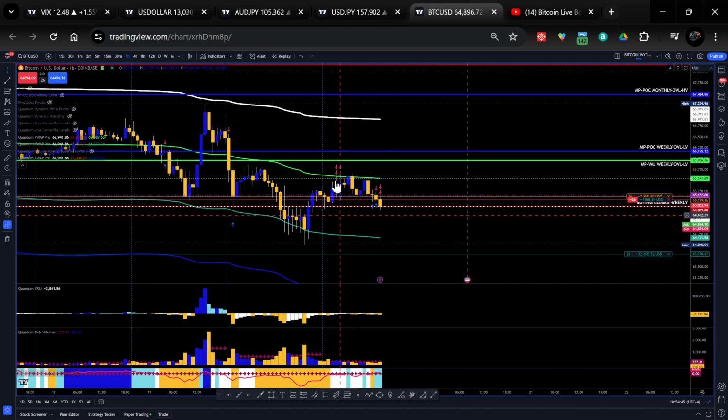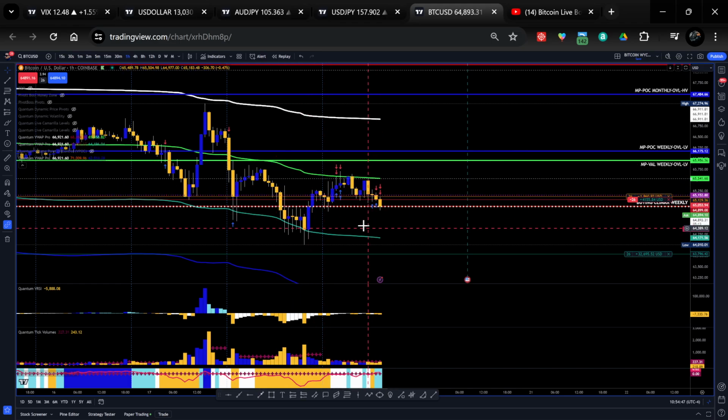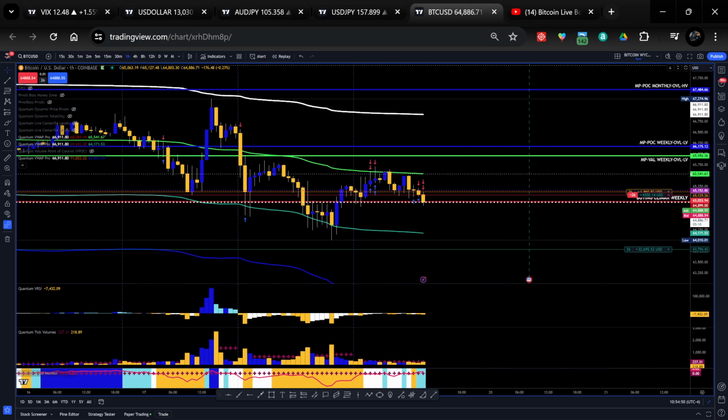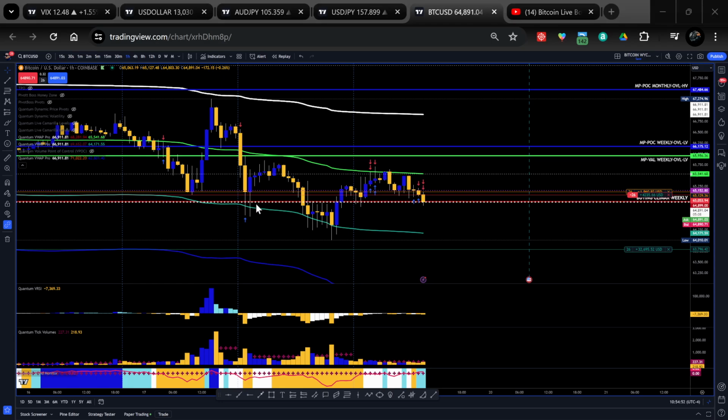So I was looking at this as a possible Bowling Green strategy, and this is something I'm developing where I'm looking for a cause kind of being built between these two levels here. That's why I was thinking about taking this long on the breakouts here, break above this first lower deviation. Right, so in the Bowling Green strategy, I'm looking for a cause built up and a breakout here to take a long back up to either VWAP or the first upper deviation band.